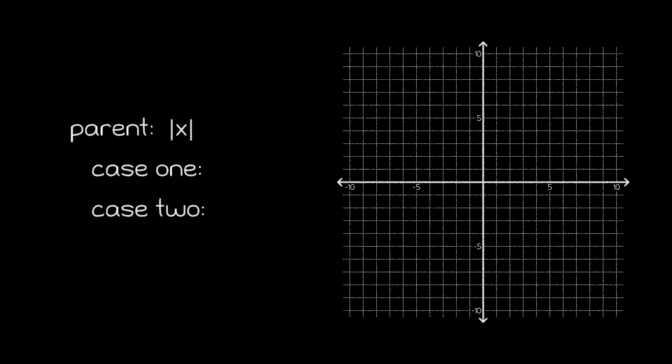Before we try to take on the burden of understanding what happens when we multiply or divide by any negative number, let's remember that all negative numbers can be thought of as a positive number times -1. So really, we just need to figure out what happens when we multiply by -1. And if we take a look at our parent function, there are really only 2 places where we can multiply by -1. Inside the absolute value bars and outside the bars. So let's take a look at these 2 child functions and see what's special about them.